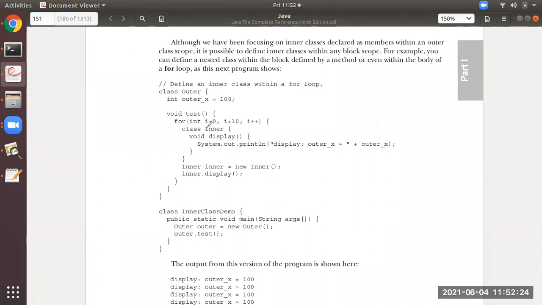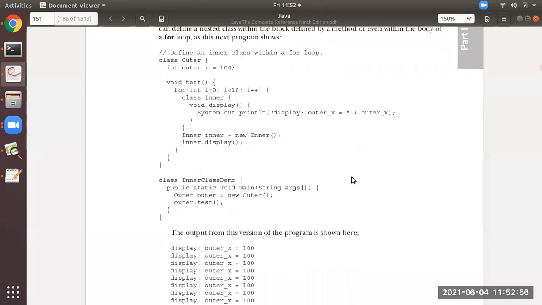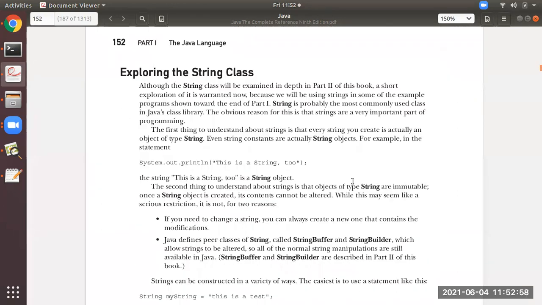See here, what is the for loop going to do? It will evaluate 10 times, from 0 to less than 10, meaning 0, 1, 2, 3, 4, until 9. So 10 times it will evaluate. And what will it evaluate? This display method, 10 times. So the same output is displayed 10 times. I hope you all have understood this concept. A class can have another class inside it, that is, a class which is nested inside a class. That's it, student, with this one.